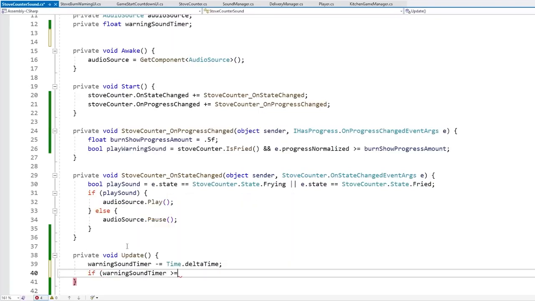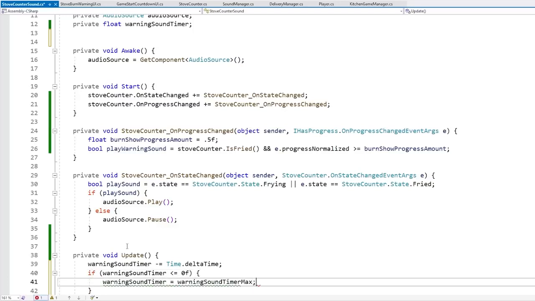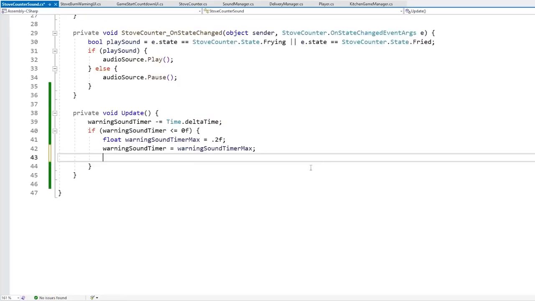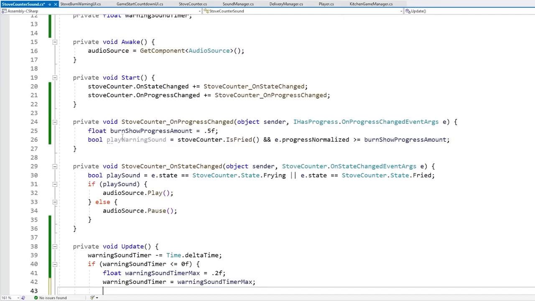And if this one is under 0, then let's reset it. So define a certain maximum. Let's say 10 times, or maybe just 5 times per second. That should be good. So we have this, but obviously we only want this to run if we should be